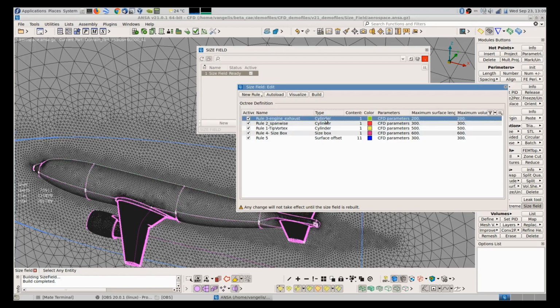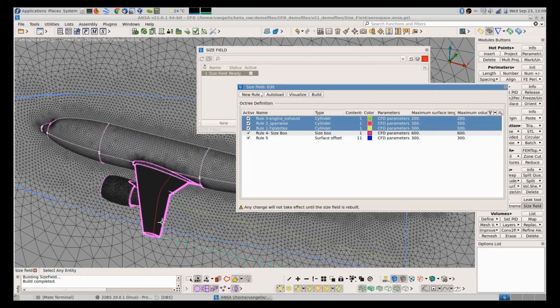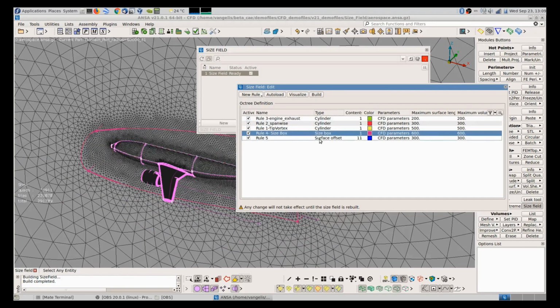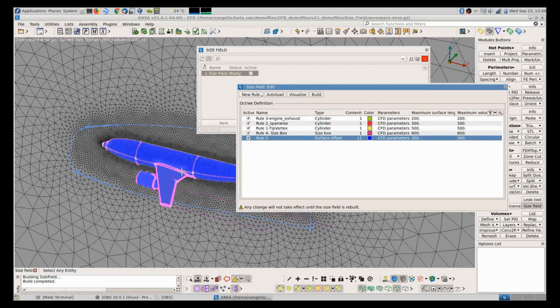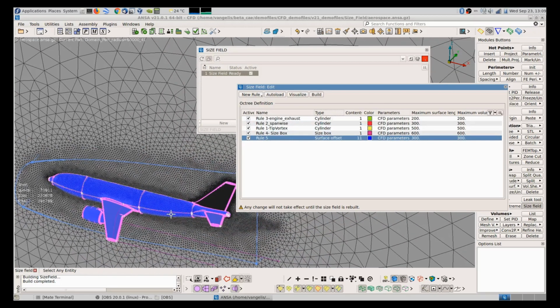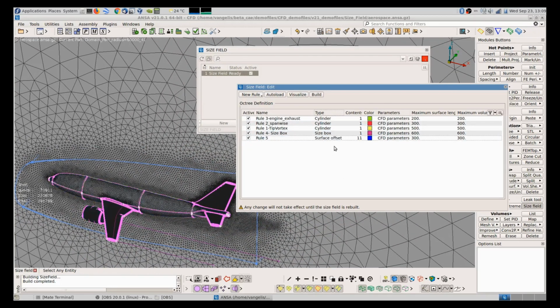Here we have 3 cylindrical size fields that start from the curves, one from the size box, and a surface offset, a complete offset of that plane.